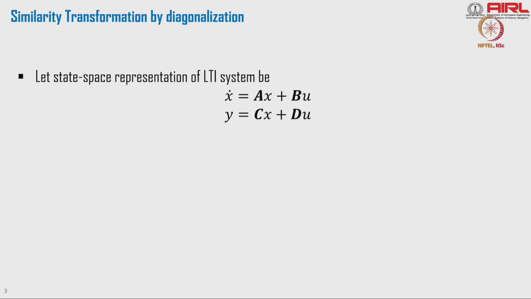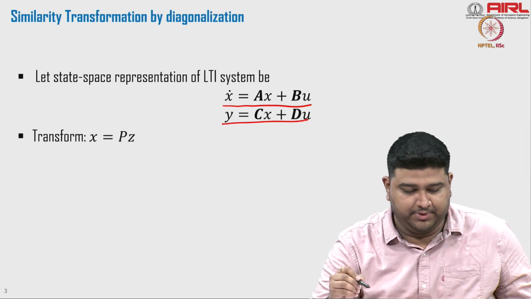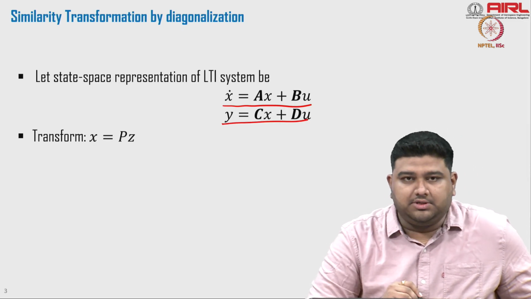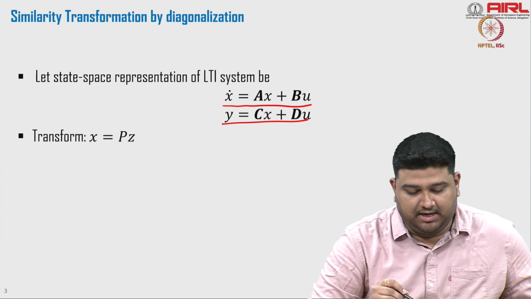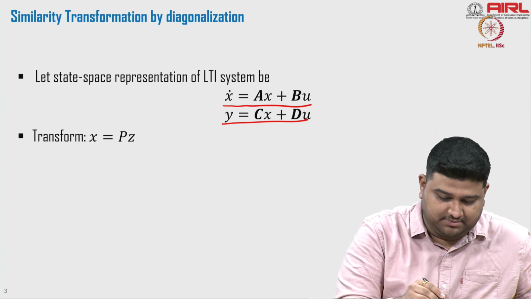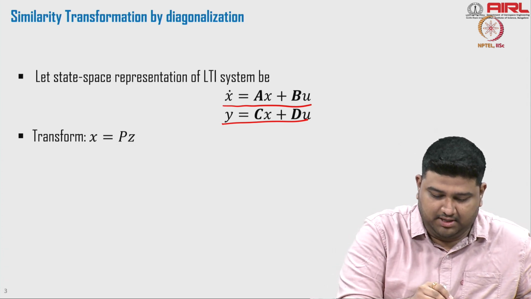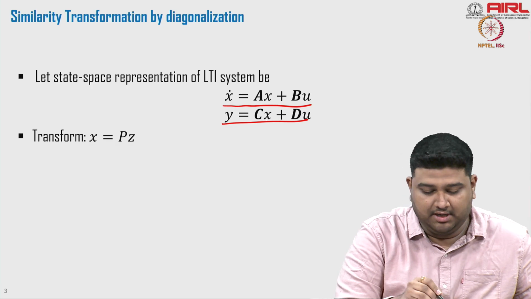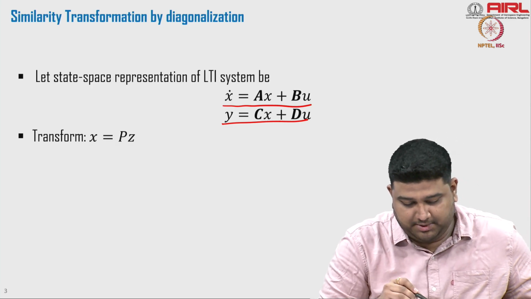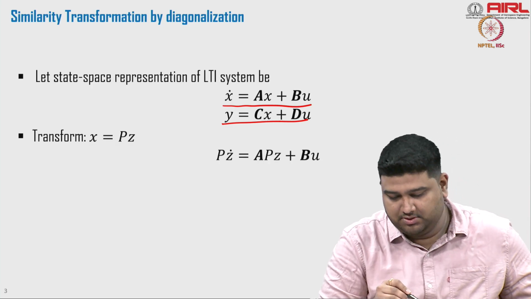Now, let's consider the linear time invariant system: x dot equals Ax plus Bu and y equals Cx plus Du. We are going to do something called a transform, and we define this transform by a transformation matrix P, and the transform is defined to be x equals Pz. We are going to substitute Pz in place of x. When we do that,